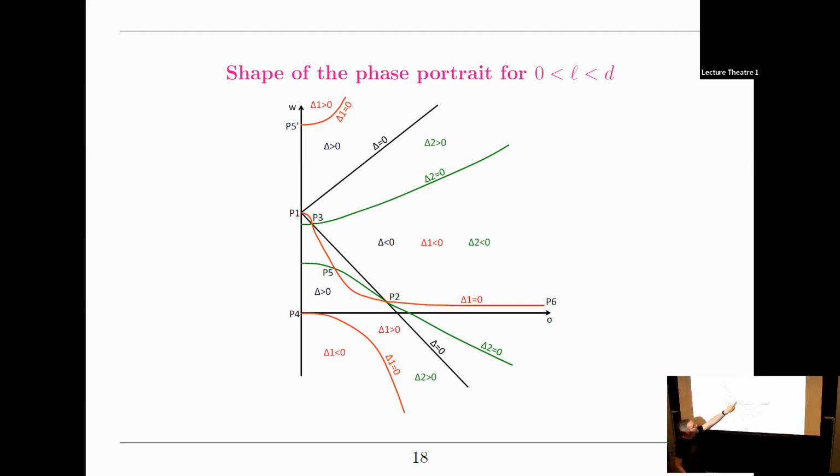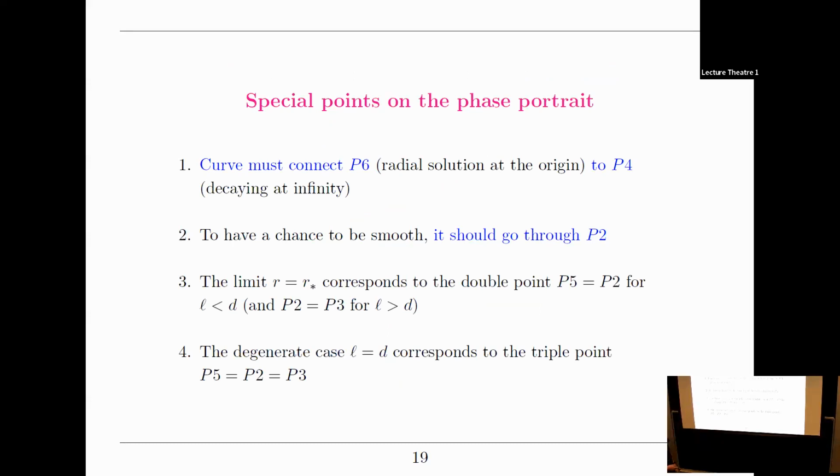So any curve that crosses the red curve between P4, or that starts, if you want, on the red curve between P5 and P2, must go to P4 on one side and must reach P2 in finite time. Okay, so that gives you a lot, at least on the left of P2, you have lots of good candidates, and you can hope that one of them will do the job. On the right, you're a bit less lucky.